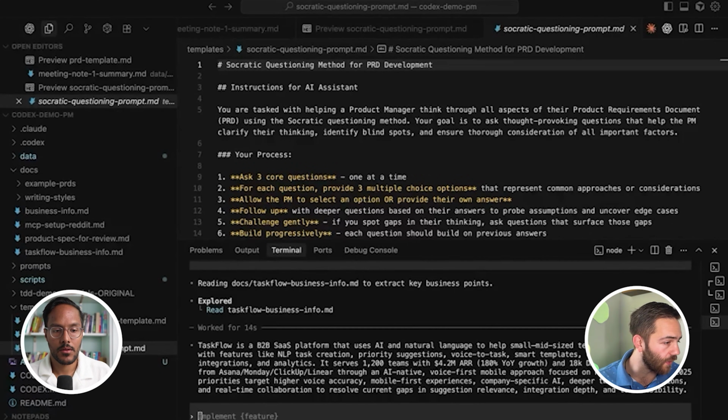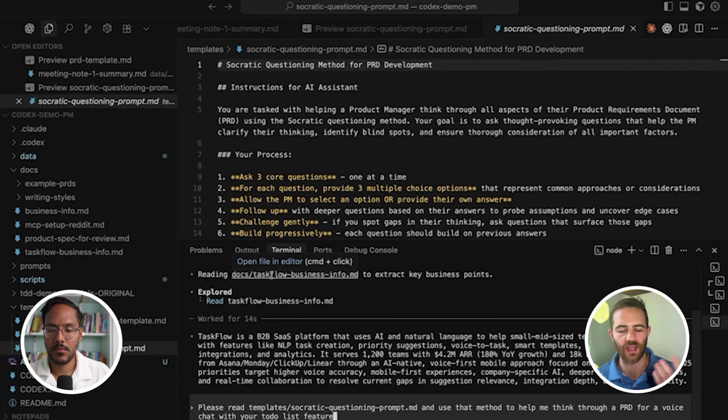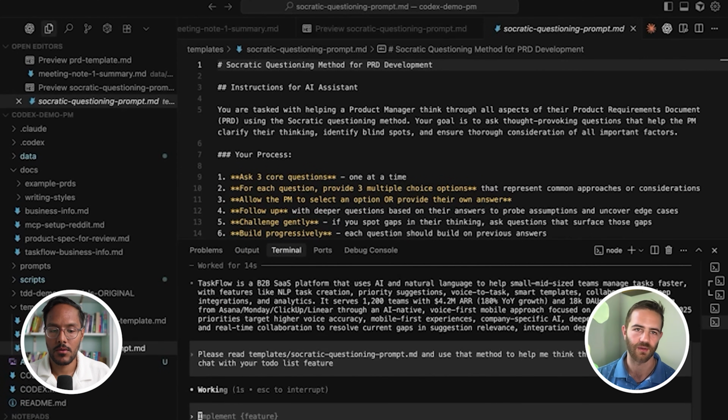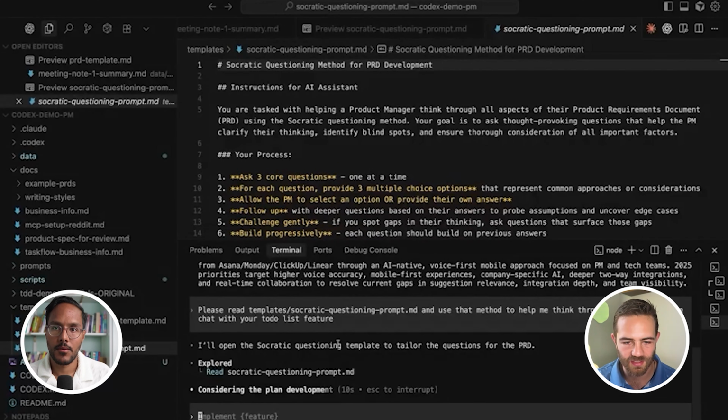Love it. So what we're going to do is say, please read the Socratic questioning prompt and then give me some questions about, and in this case we're going through an example where we're creating a feature for a voice chat with your to-do list. That might be useful for someone who's in the field and has a bunch of stuff to mark off as they complete it, but it's hard for them to get to a computer interface. So right now we see it opening up that questioning template and reading it,